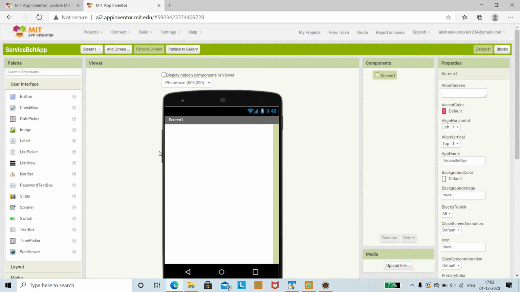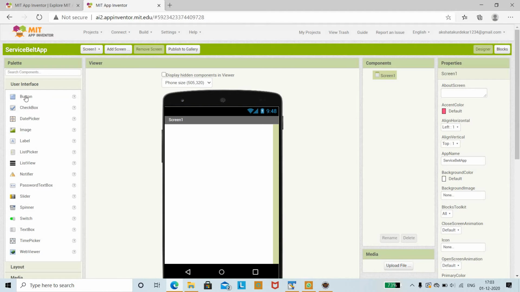First, as I said, we are going to build the service bell app. Service means which performs some actions. Here we are going to check the bell ringing sound, and once you press the button, you are going to listen to the bell ringing sound. So before that, just download any bell ringing sound. Go to Chrome and search for the bell ringing sound, and you can download the .mp3 file, and then you can directly upload it here.